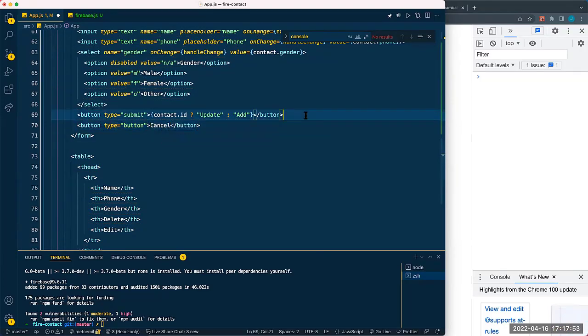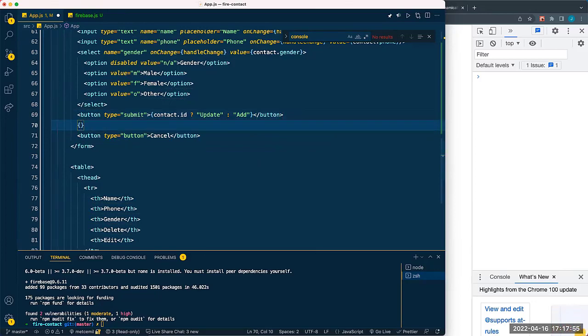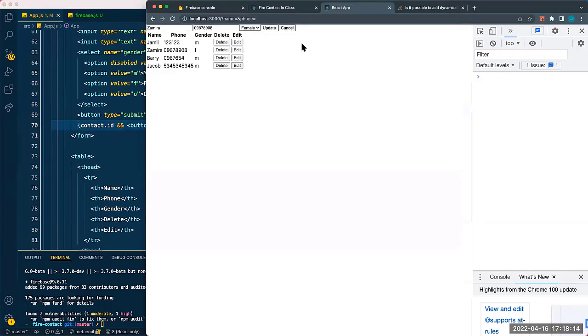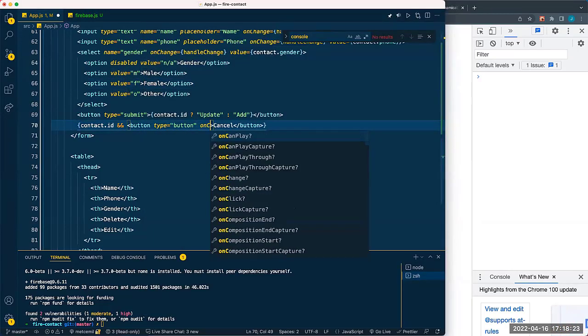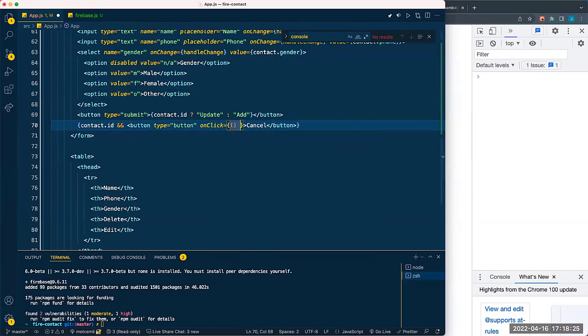The only reason I will get this is basically if I have contact ID. If I have contact ID, then this time let's use it. This button. So if I have contact ID this time, I have the cancel button. If I have no, there's no cancel button. So as soon as I click on the cancel button, on click, I'll call a function